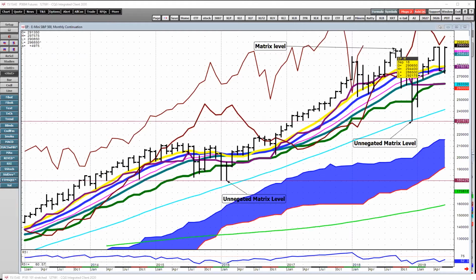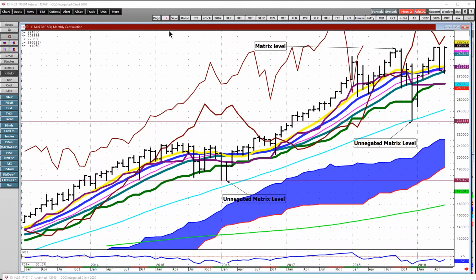In 2018, Ira wrote a piece. I think it was the end of September, the 1st of October, that he was looking for a big market turn. And we had a double top at one of our numbers that we generated, and we had a huge sell-off. And this low again was another matrix level. It went through the number by a few handles, but held the 50-month moving average and took off again. So that's just one of the indicators we use.